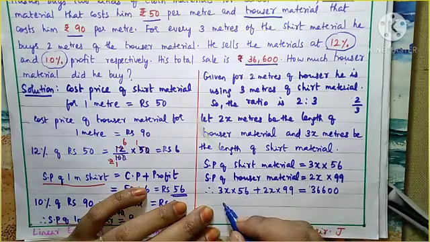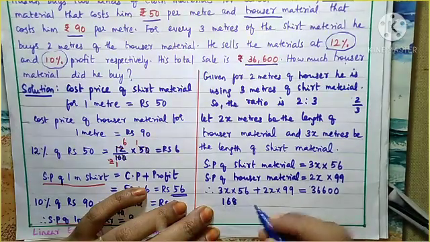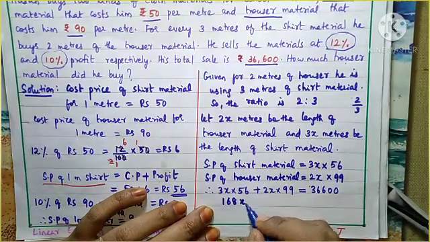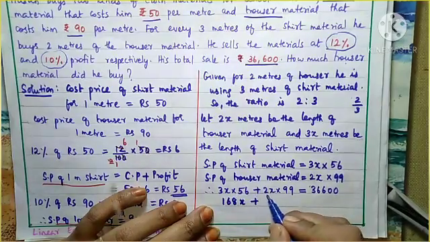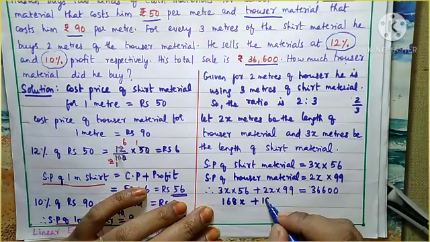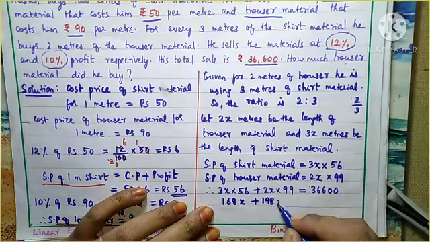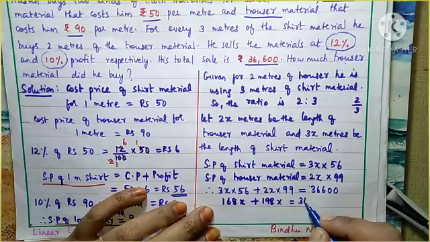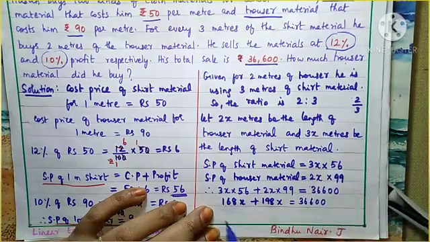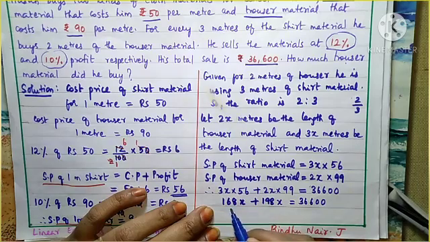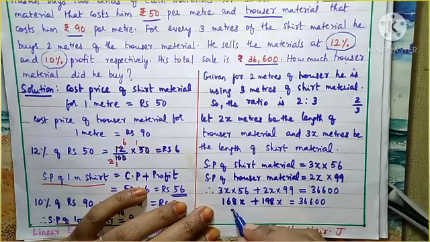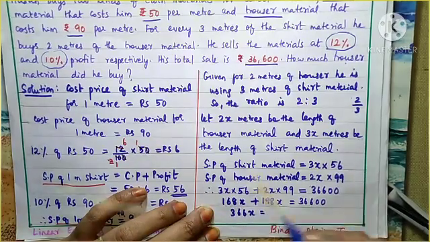You will get 168x, plus what is 99 into 2? It is 198x equal to 36,600. Now you see these both are x terms, so we can add 168 plus 198. All of you calculate, you will get 366x equal to